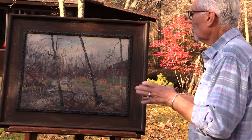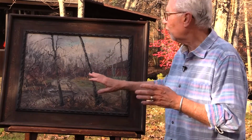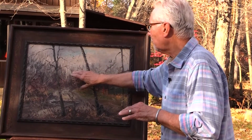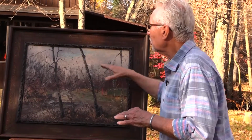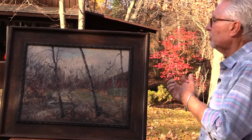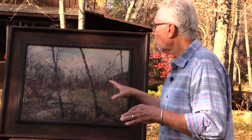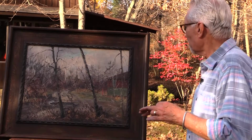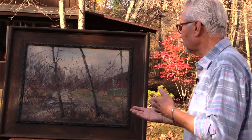When we talk about rule of thirds in a painting, what we're talking about is that we don't want, as an artist, your image to be smack in the middle of your painting. So if you break it up into thirds, then your painting is more interesting to the viewer and it forces the viewer to look more around through all of the painting, not just at that image that's in the front and in the middle. And that happens again with this painting,